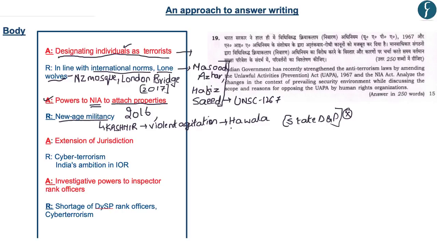Now, the recent NIA terror funding cases, in progress since 2017, have found that this new age militancy in Kashmir is a well planned and well funded strategy through novel ways of modus operandi, including the Hawala network. Therefore, in order to speed up the process of investigation and prosecution, empowering the NIA to attach properties that may be connected with terrorism was required, as the approval by the state DGP that was done so far was a time taking